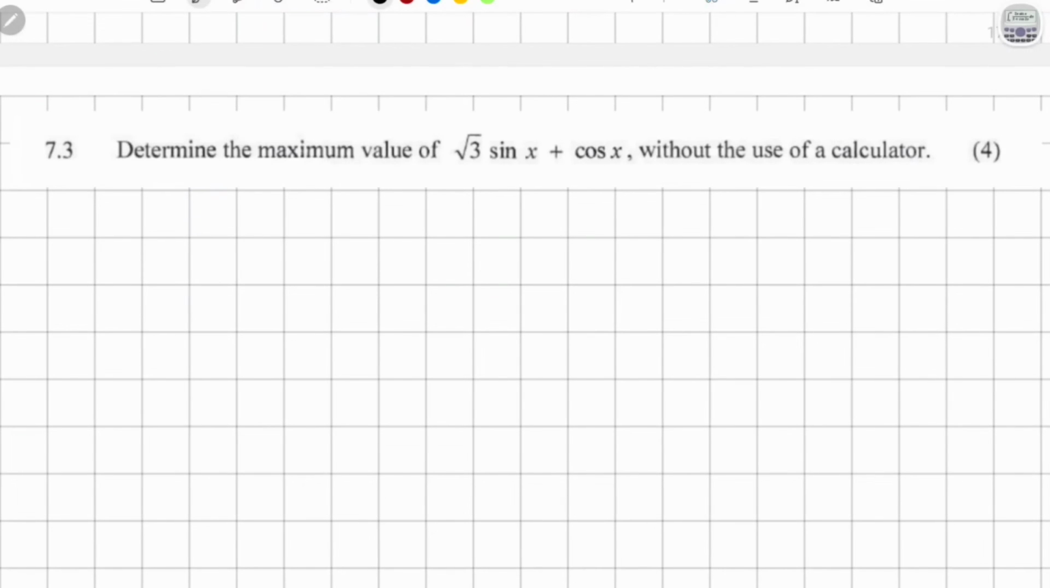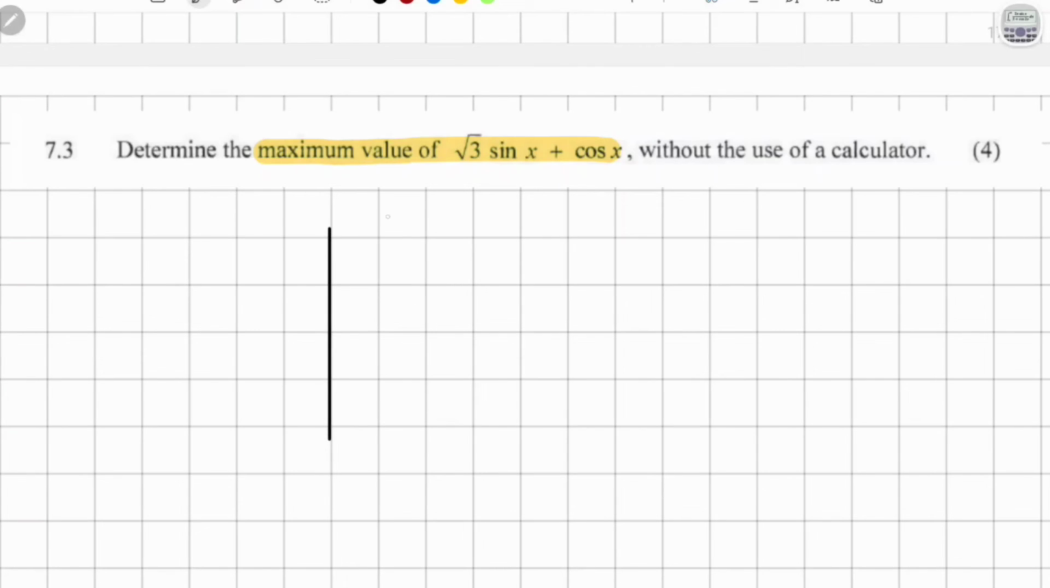Okay, 7.3 says, determine the maximum value of this root 3 sine x plus cos x without the use of a calculator. Okay, this one actually looks familiar. I think I've seen something like this before. Now, if they just said determine the maximum value of sine x, or even just root 3 sine x, then the maximum value. So first of all, I just want you to understand the idea of what exactly a maximum